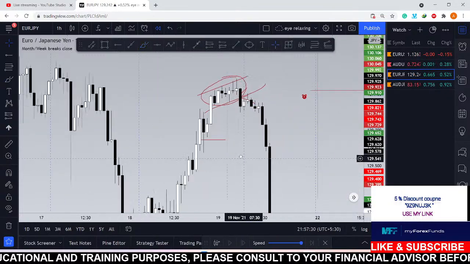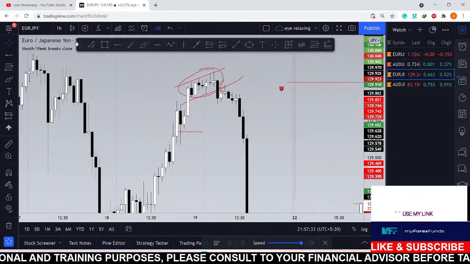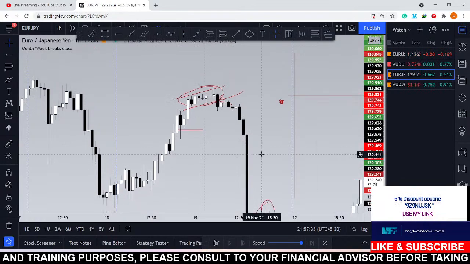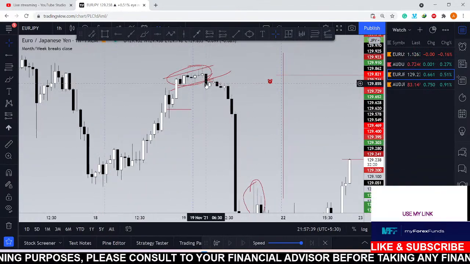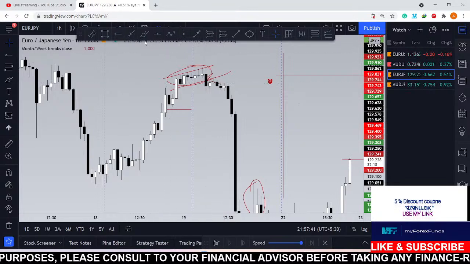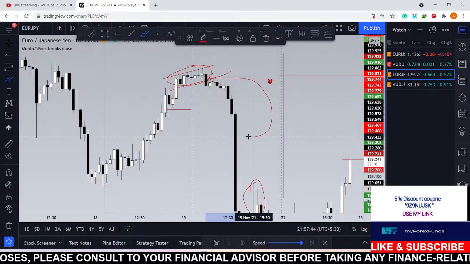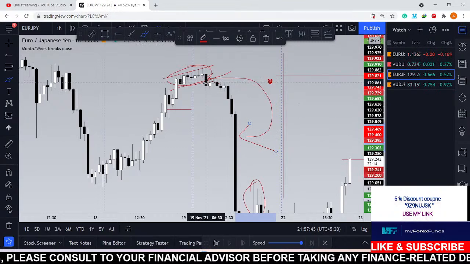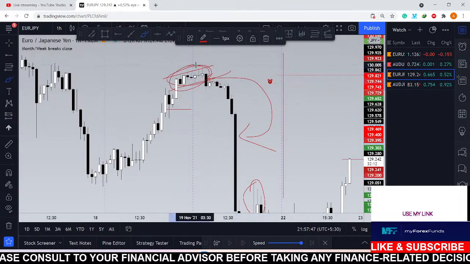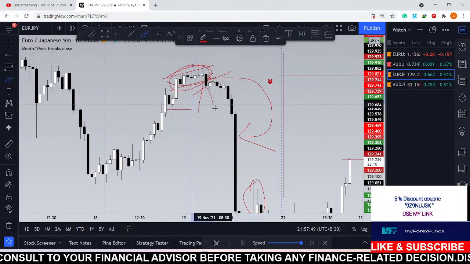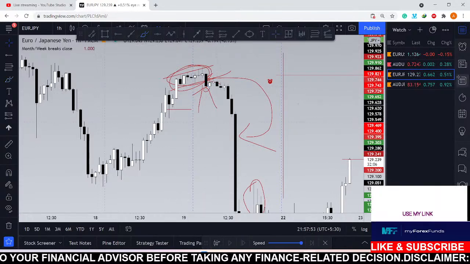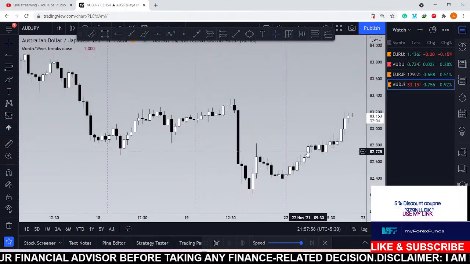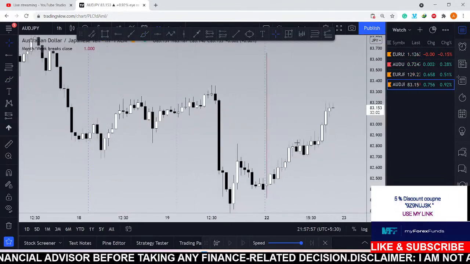Impulse is a relative word. If you compare with this candle, this is not an impulsive candle. You will say why? Because you are comparing this candle with that candle. But when you compare this candle with all these 8 candles, then this is a good impulsive candle, despite having some sort of wick. Okay, but when you look at the AUD/JPY,